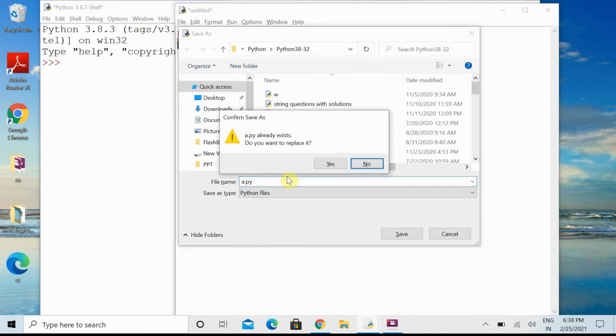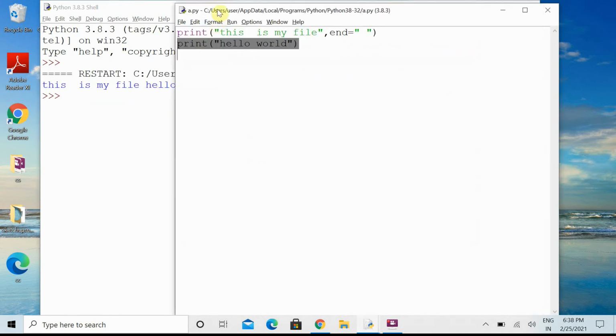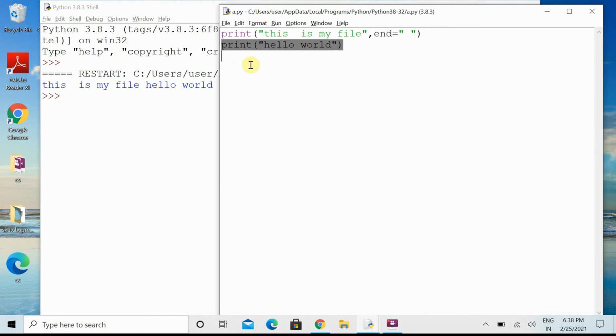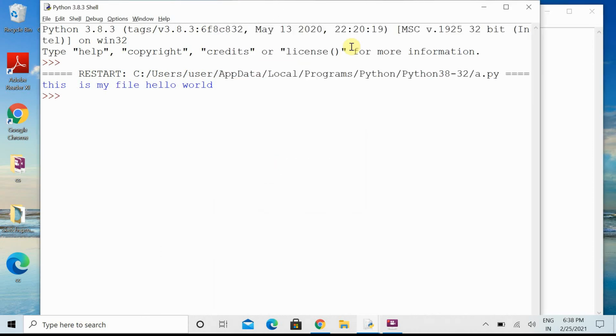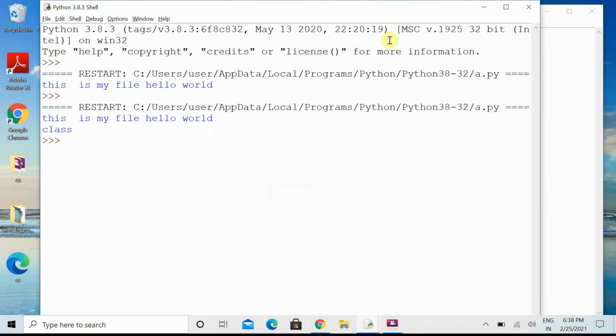First time when you are executing the things, it will show you the result. Now here I have written two sentences in two different lines, but by using this end symbol I have used it. Let's see one more thing. Suppose I have written class here, and after that if I execute it, then it will show us the class in the next line. Wherever you want to print the next line content in the same line, for that you can use the end parameter in the previous line. The next line content will show you the result in the same line.